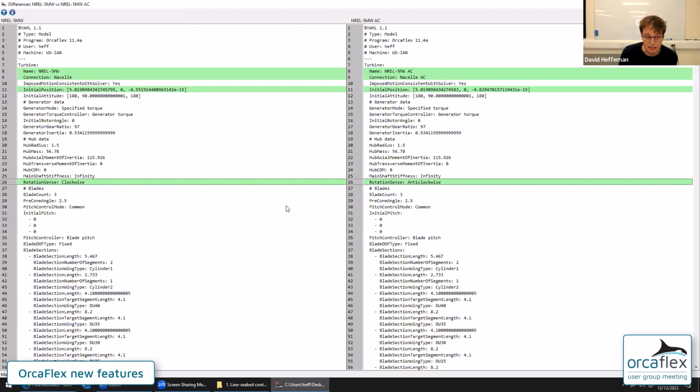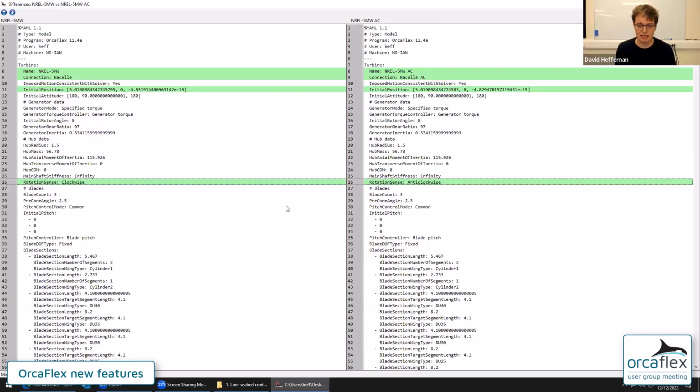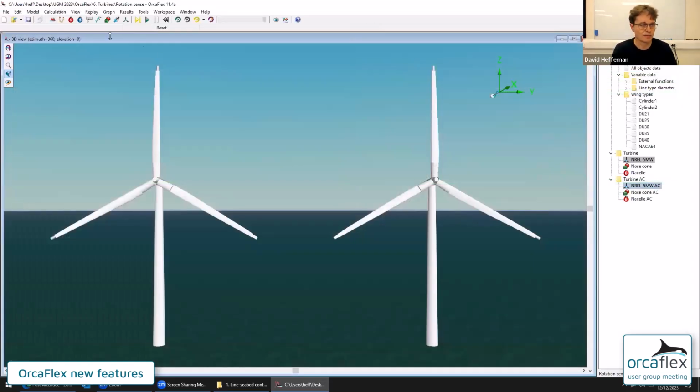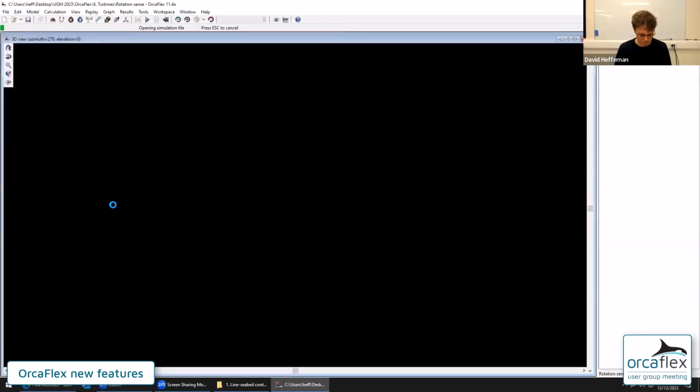The rotation sense is different: clockwise for one, anti-clockwise for the other. So that's the main change. And then the tower positions are also different. But the rest of the data, all the structural profile data, blade profile, all that kind of stuff, is unchanged. If I now load the sim file,